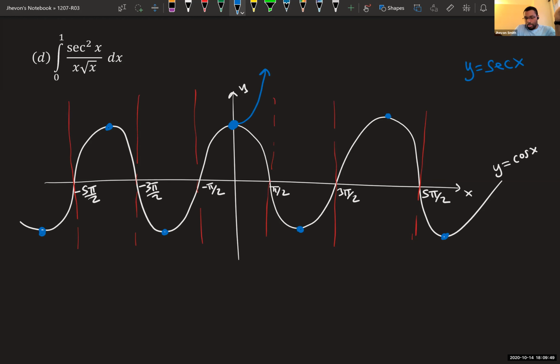How do I know? I'm dividing by the cosine, and the value of the cosine is going to 0. It's approaching 0 from the right. So I have a fraction where the numerator is positive, and the denominator is approaching 0 from the right. It's going to go up to positive infinity. Similarly, if I move to the left, that's going to happen.